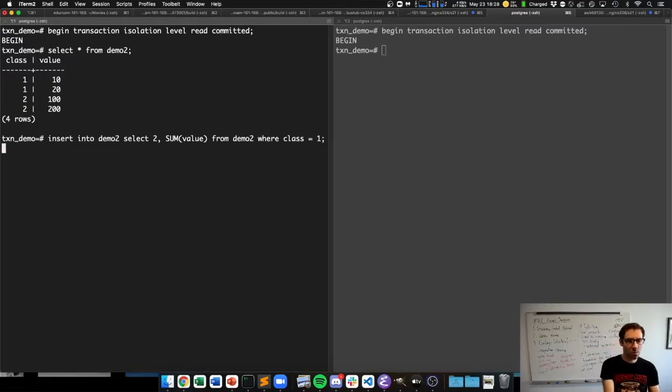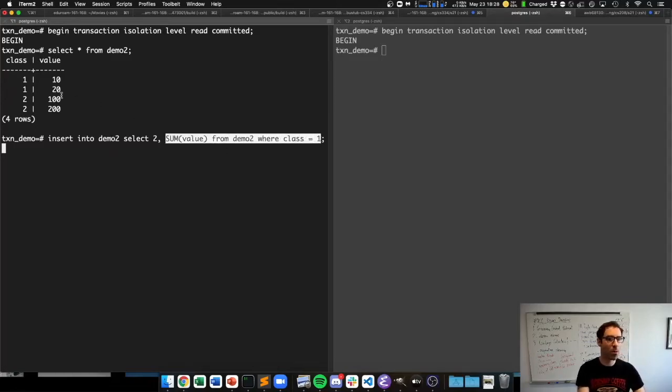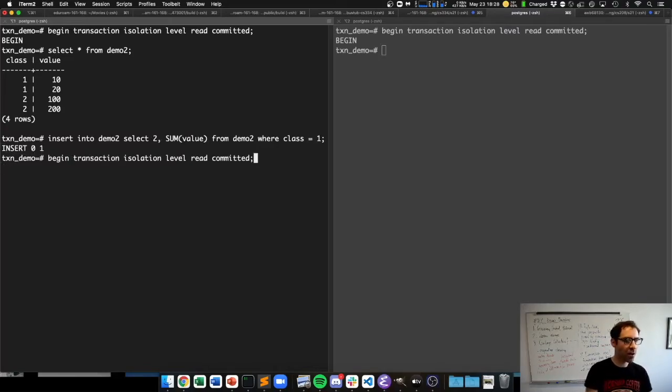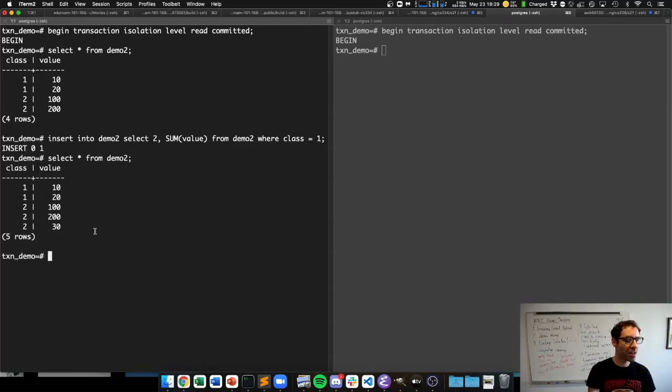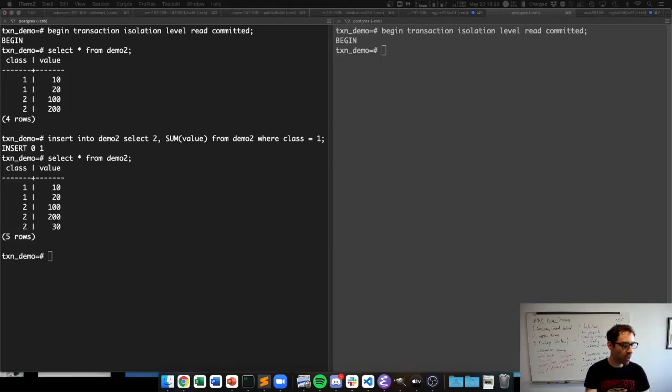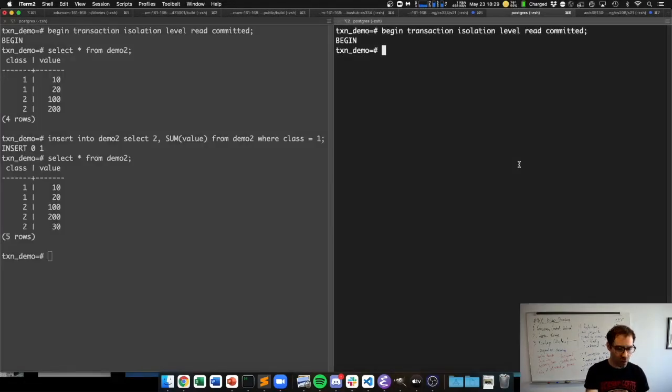So what this SQL statement is doing is summing up the things from the table where class is 1, so we're going to get 10 plus 20, and then inserting the tuple with a class of 2 and that sum into our table. And so now if we select, we see that has been inserted, and then in our other transaction,